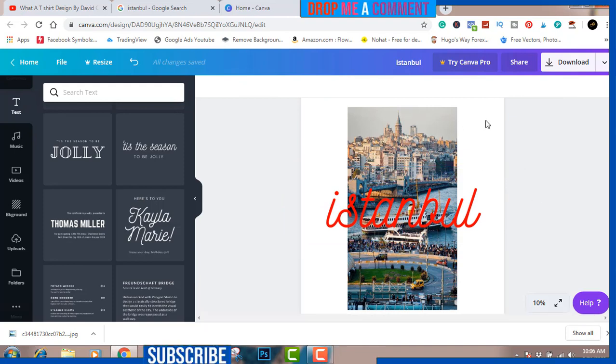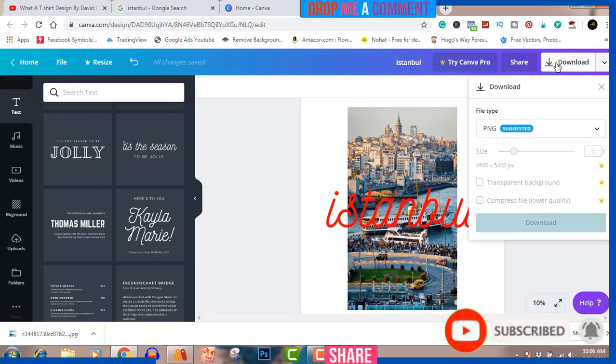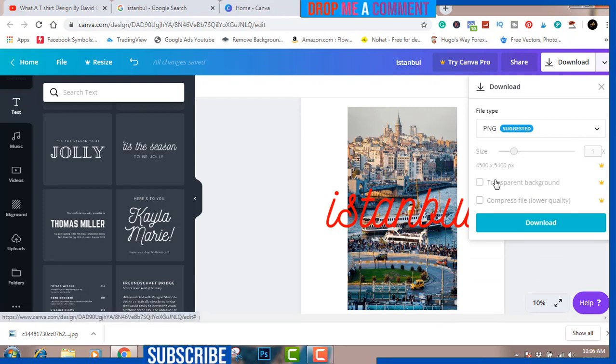So you can see now, when I save this, it's going to save with the white background, meaning now I can only insert this for the white shirt. So if I click on download, as you can see, to get the transparent background, you need to be on